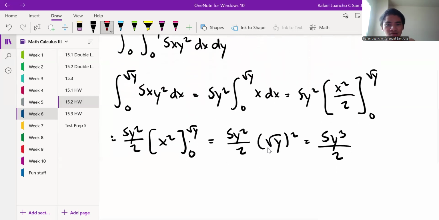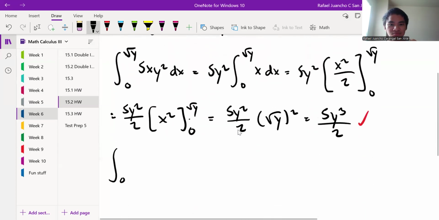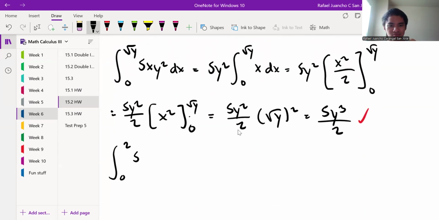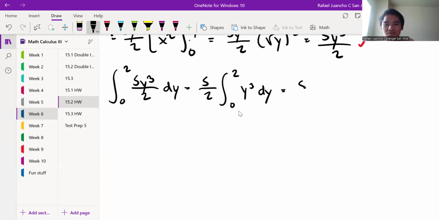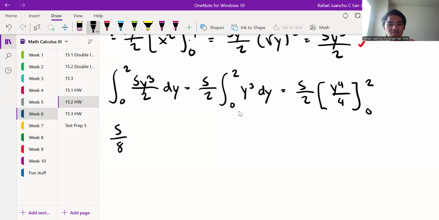And then that's that. Now we do our outer integral, which goes from 0 to 2. And then here we do it with dy. So the nice thing we can do is eliminate constants. So 5 halves goes outside, y cubed dy. And that's an easy integral, right? This one's just 5 over 2, y fourth over 4. We could multiply the 4 out, so this is going to be 5/8. So again, I'm trying to keep it as nice as possible. Y to the fourth